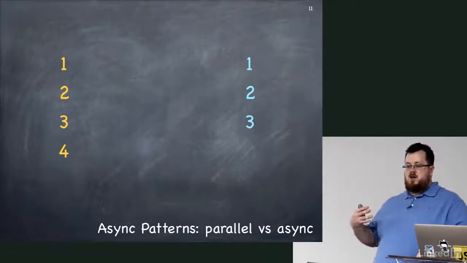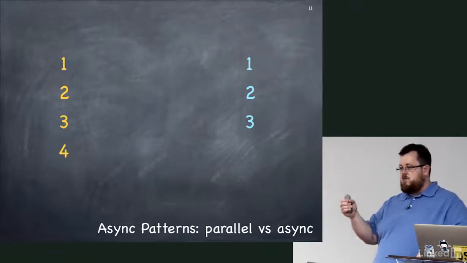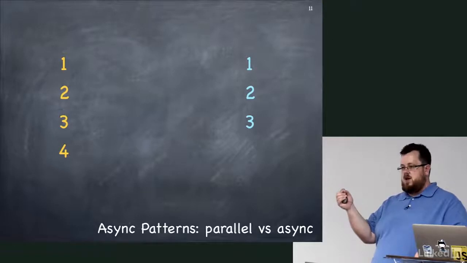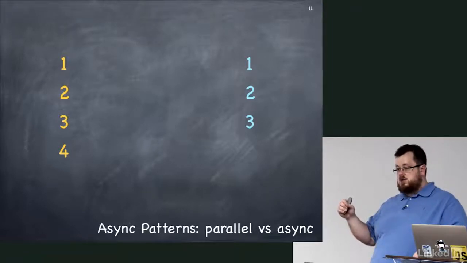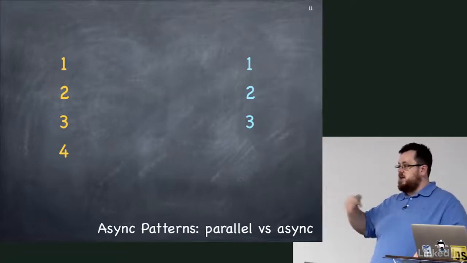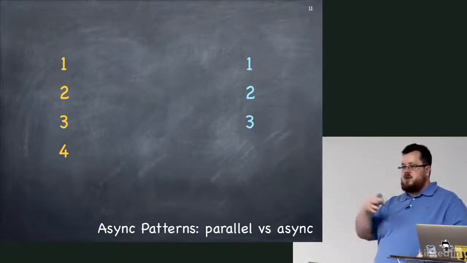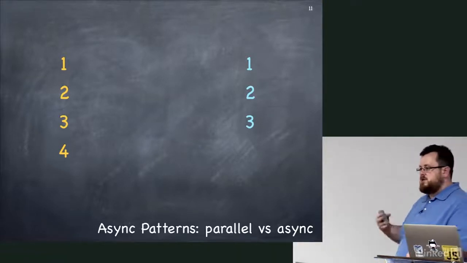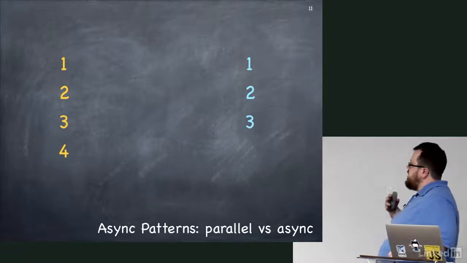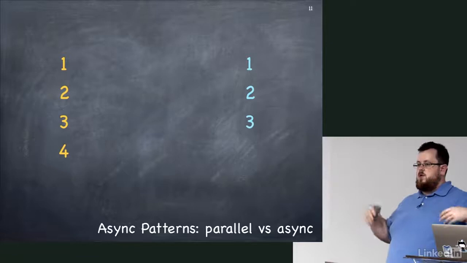And if you've ever had an animation on your page have jitter in it, you know why that happened? Because something contended on the UI thread. At that moment, your CSS engine, or your layout engine, was trying to repaint the page. It's 60 frames a second that it's repainting your page. It tried to do that, but at that exact moment, something else was running. So it had to wait an extra moment, and that's what created that jitter. Single-threaded. So if we have these higher-level, macro-level tasks that we want to happen concurrently, I want the yellow and